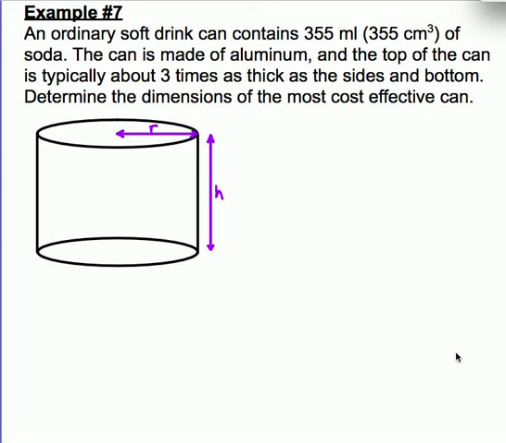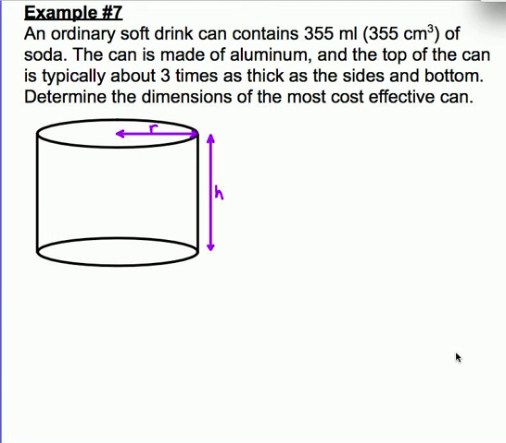You may remember that earlier we did a question similar to this, and the only difference was in that case the top was the same thickness as all of the rest of the can. And after we solved the problem, we found that the most cost-effective can would be one where the diameter equaled the height of the can. And we talked in class about how that would make the most sense for that type of can from a cost point of view, but that we don't see very many cans, especially not soft drink cans, that have that